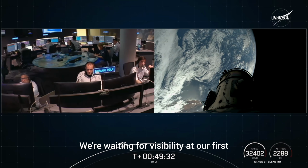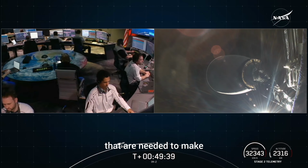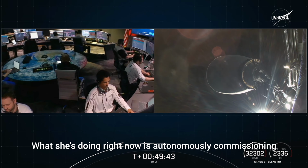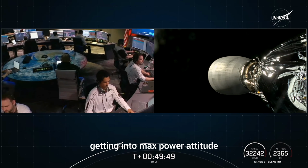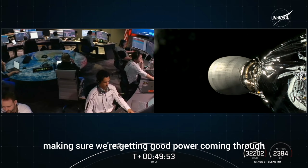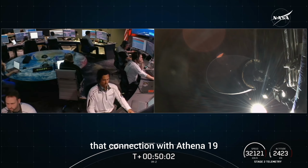We're waiting for visibility at our first ground station to hear. Those are the large radio astronomy dishes on Earth that are needed to make that connection to Athena out in space. What she's doing right now is autonomously commissioning. That's a process where she's turning on her power systems, getting into max power attitude. That's pointing that top deck solar array right at the sun, making sure we're getting good power coming through. Again, I'm just getting a little bit of information here that the visibility of the first station, that first ground station, to make that connection with Athena,